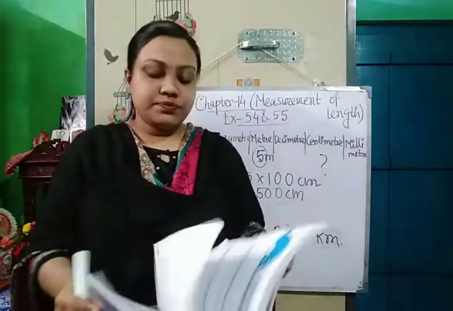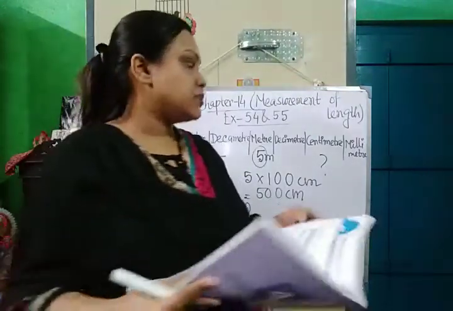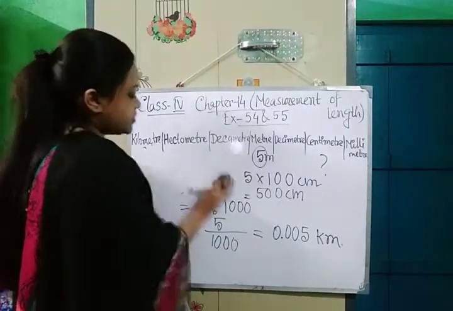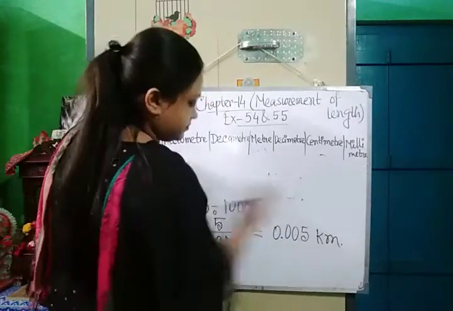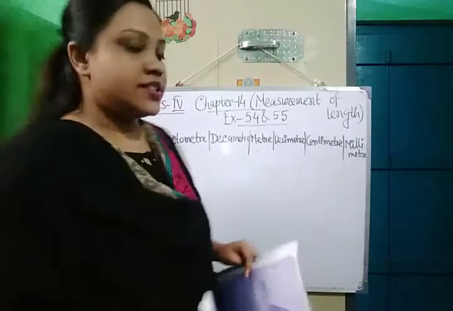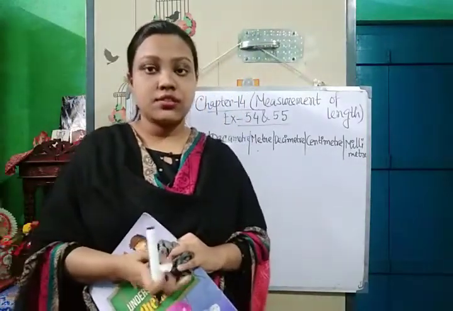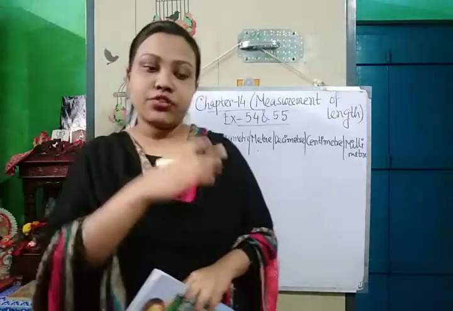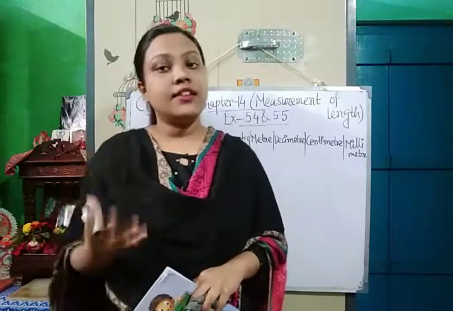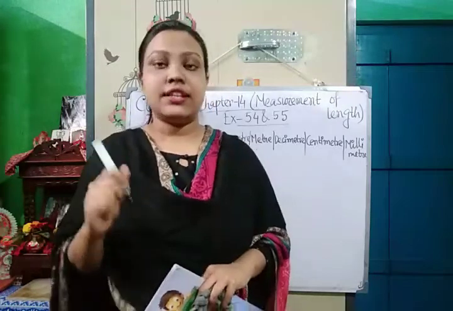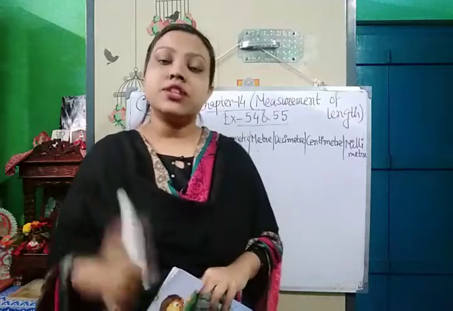Okay. So in exercise 54, I am not erasing this place value chart, as we will need this chart in doing the sums from these exercises. I am just erasing these numbers. Now, first thing we will learn in this exercise is that we use certain units to measure certain things. Like if you measure the length of a room, you will measure the length in meter. But if you measure the length of a pencil or a pen, then you will use the unit centimeter.